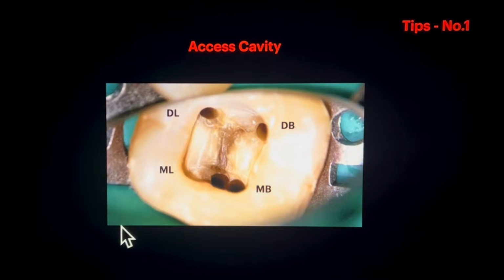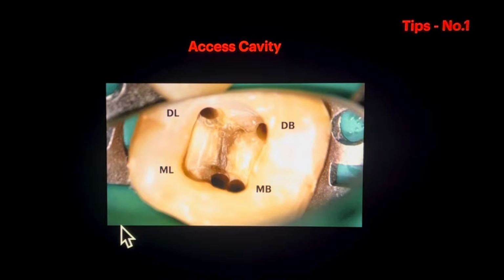Now, first, the clinical tips. The first clinical tip is the access cavity. The most common failure of Radix Entomolaris cases is the inability to detect the distolingual orifice. This is because of inappropriate extension of the access cavity in your Radix Entomolaris cases. So, you have to extend the access cavity properly to detect this distolingual orifice, and in most cases of your